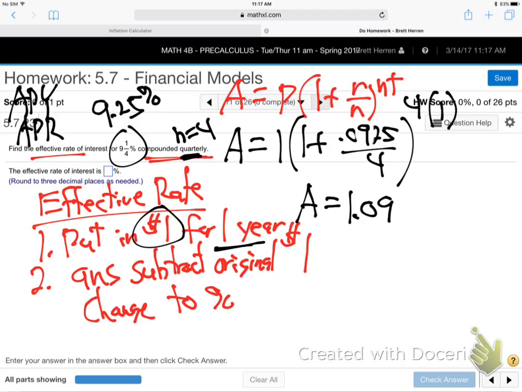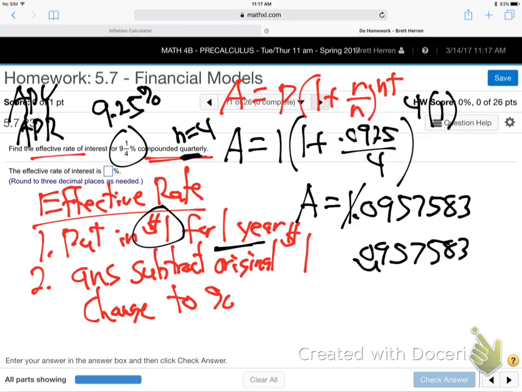1.09 what? 57583. 576. 57583. Is that 3 decimal places? Well, careful. That's after the movement. So we got this answer first. You guys good there on the calculator? Then I subtract the original dollar, because that was the original dollar I put in. I just want the growth. So the growth is the